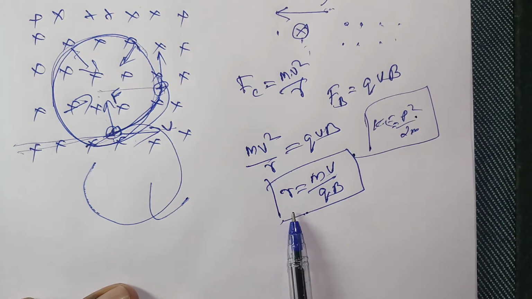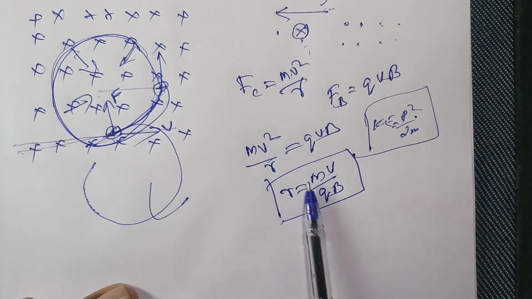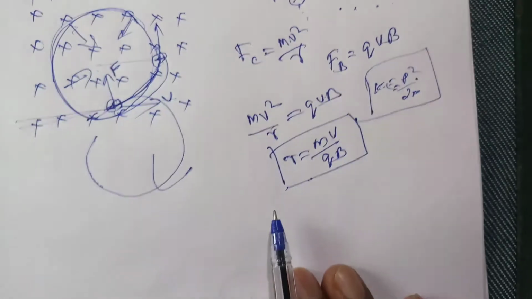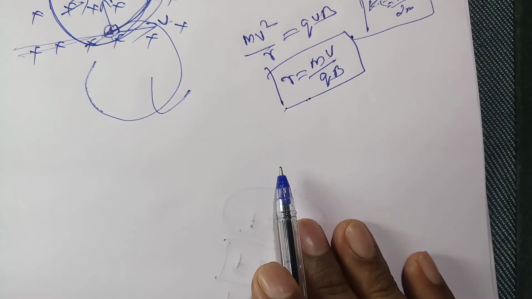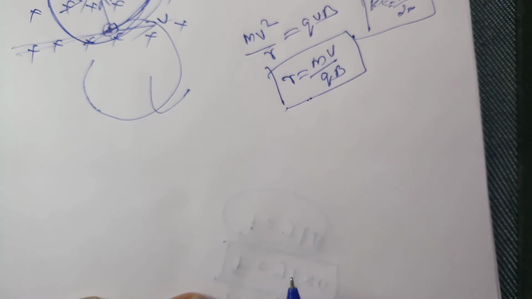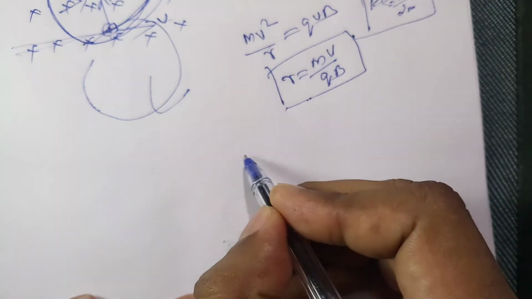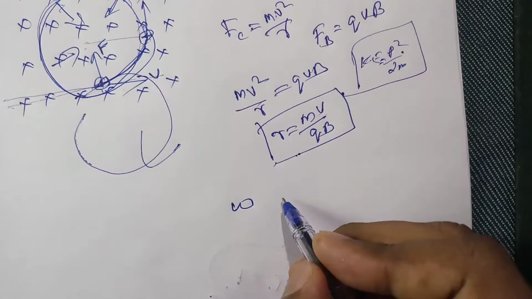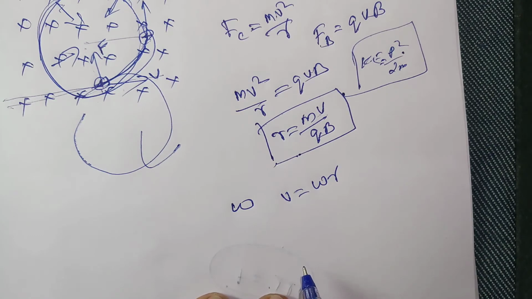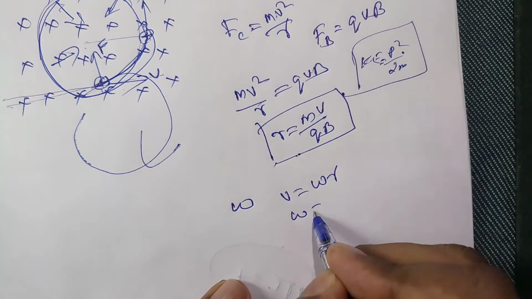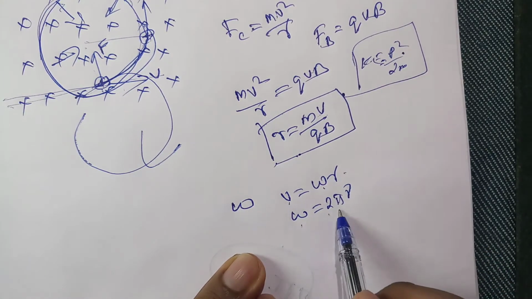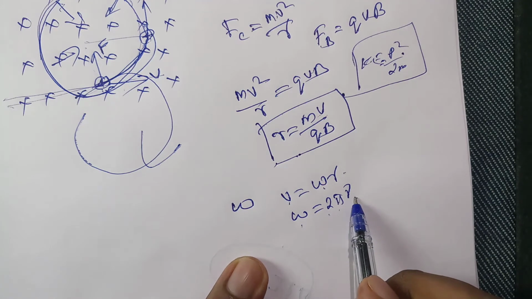So for the time being, remember that the radius is given by r is equal to mv by qB. Now, if you take the frequency, the angular frequency of this rotation is given by omega, then what about velocity? v is given by omega into r, or r omega. This one also we already studied. And this omega is again given by 2 pi nu. All these things I think you remember, that v is equal to omega into r and omega is equal to 2 pi nu. This nu is the frequency.